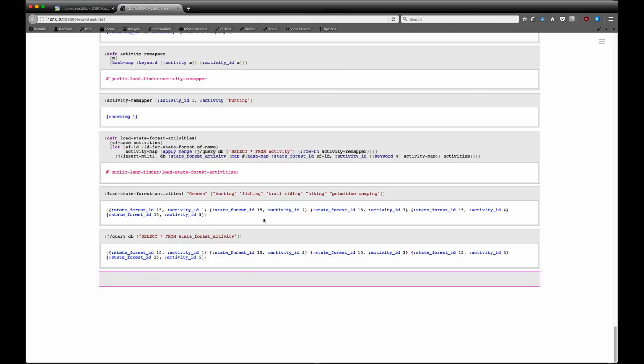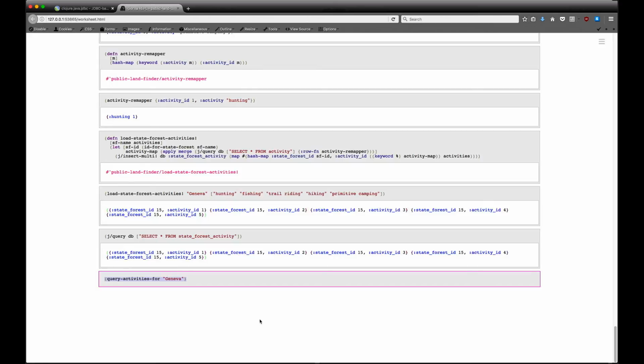The other really common thing we're going to want to do, obviously, is get stuff back out. And to do that, what I'd really like to do is have a convenience method where I can say query activities, or maybe query activities for, and then say Geneva, and then get back a list of all the different activities. I don't want to have to get back the IDs and do a separate lookup and all that stuff every time I do this, because really this is pretty darn common. So let's go ahead and,